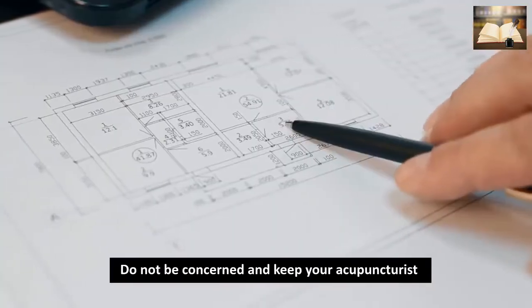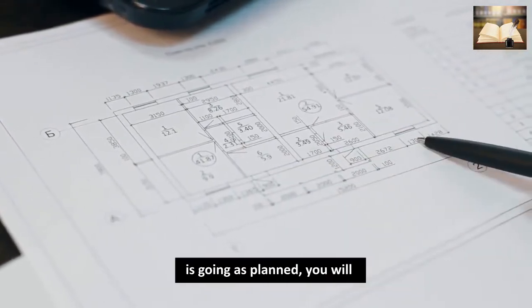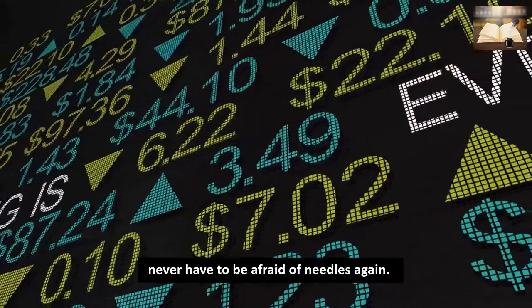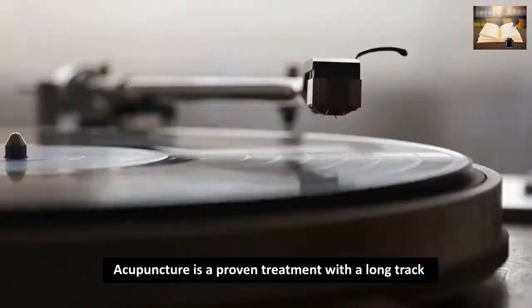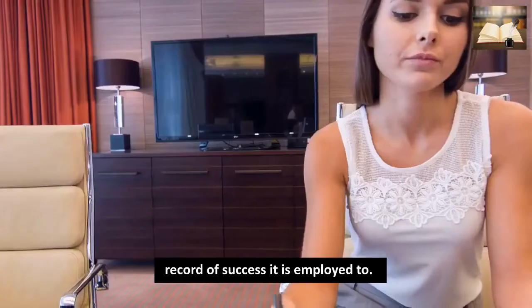Do not be concerned, and keep your acupuncturist informed of how you are feeling to ensure that everything is going as planned. You will never have to be afraid of needles again. Acupuncture is a proven treatment with a long track record of success. It is employed to